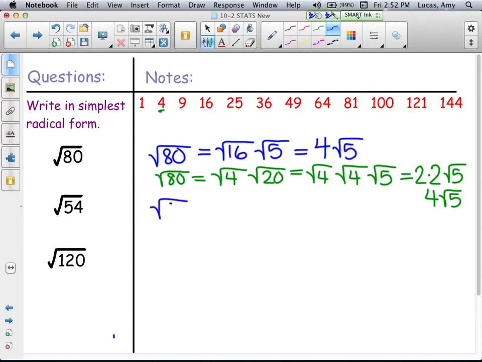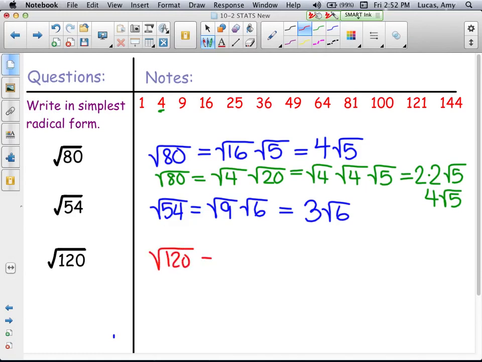Okay, 54. 54 is 9 times 6, so the square root of 9 is 3. 3 times the square root of 6 for that one. And the square root of 120. 120 would be 4 times 30. And 30, if I check all of these numbers that are less than 30, are any of those factors of 30? No. So square root of 4 is 2, so 2 times the square root of 30 is our simplest radical